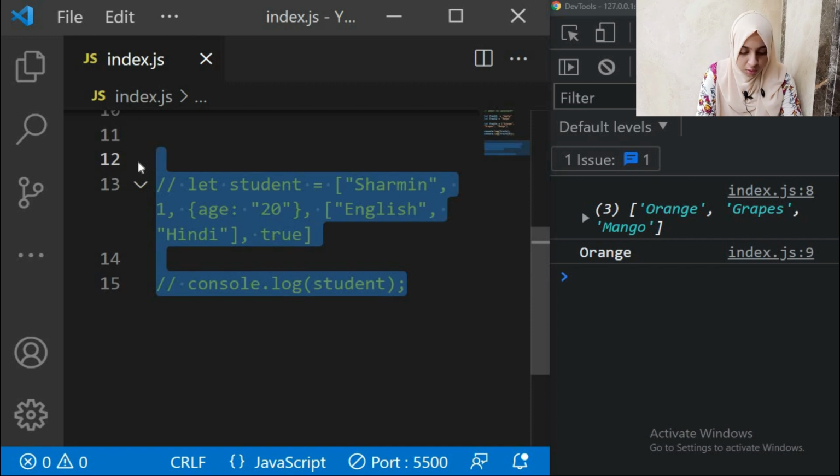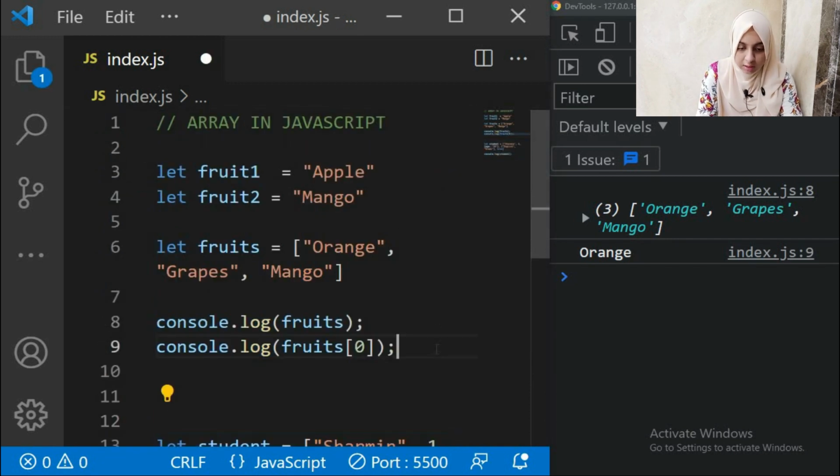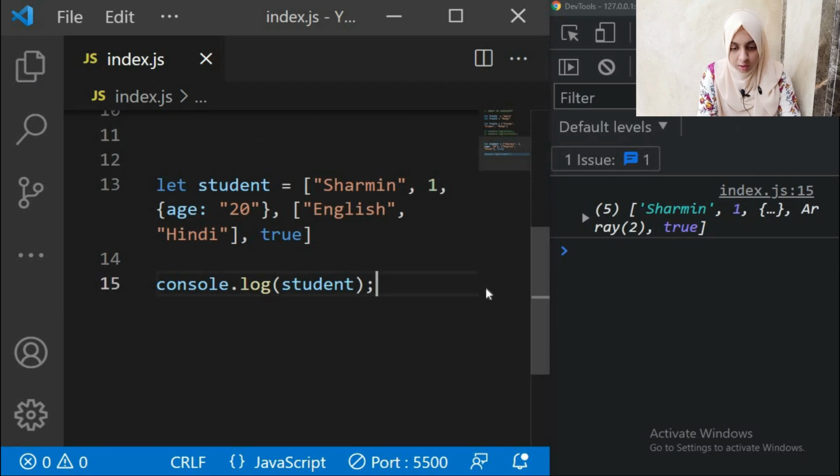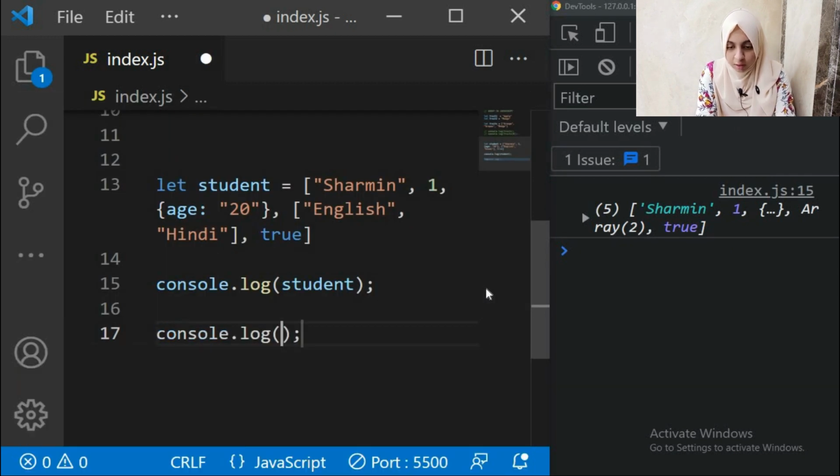So here also you can do the same thing, that is, let's comment these and let's try the same thing with this array student, and then you can log, for example, student at an index number.